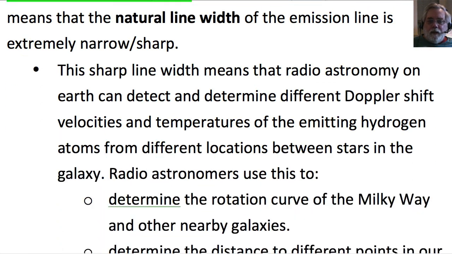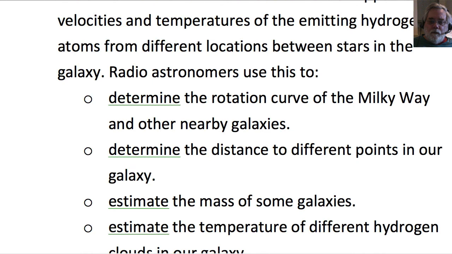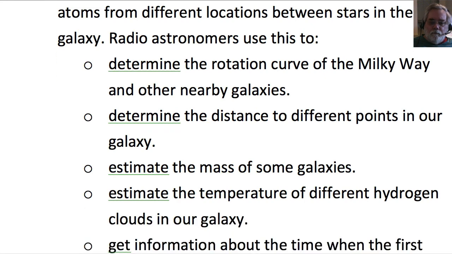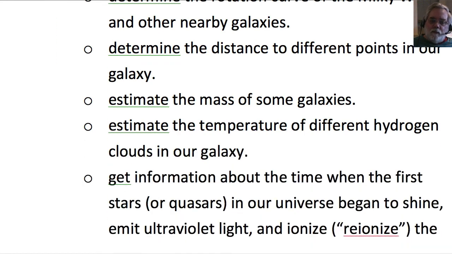This sharp line width means that radio astronomy on Earth can detect and determine different Doppler shift velocities and temperatures of the emitting hydrogen atoms from different locations between stars in our galaxy. Radio astronomers use this to determine the rotation curve of the Milky Way and other nearby galaxies, and to determine the distance to different points in our galaxy, to estimate the mass of some galaxies, to estimate the temperature of different hydrogen clouds in our galaxy,